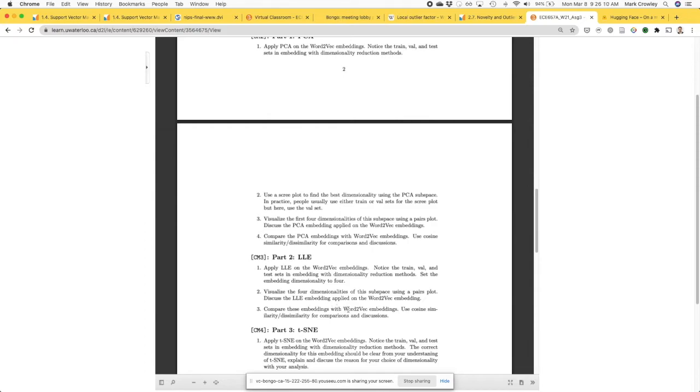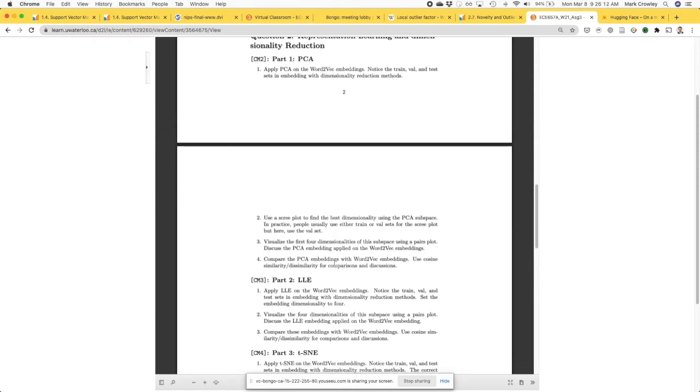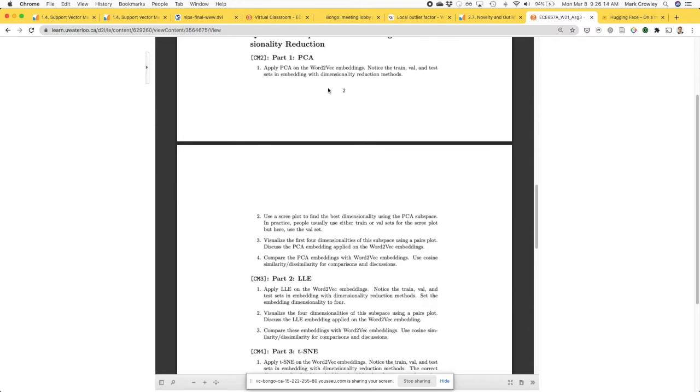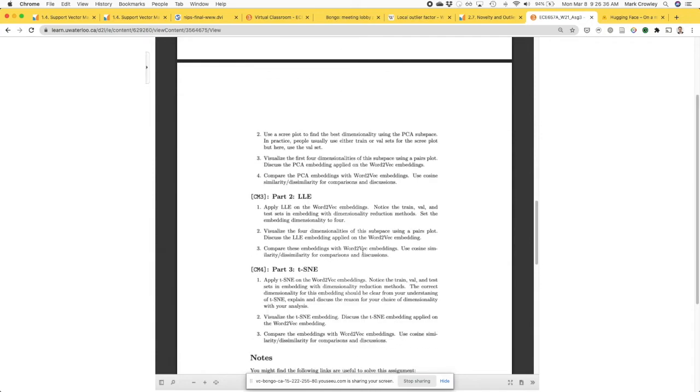And the validation set will be used if you have to tune something, right? So in PCA, you have to choose how many dimensions you want to keep, so you should use your validation set to make that decision. So your scree plot will be on your validation set, and then you decide how many dimensions to use, and then your question part 4 of these, where you just compute some similarity scores, would be using the test set.